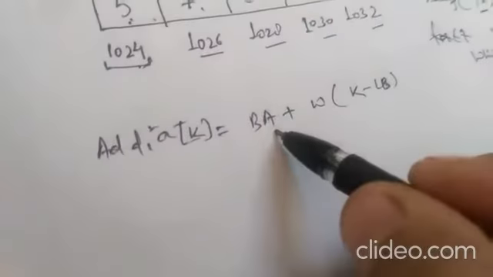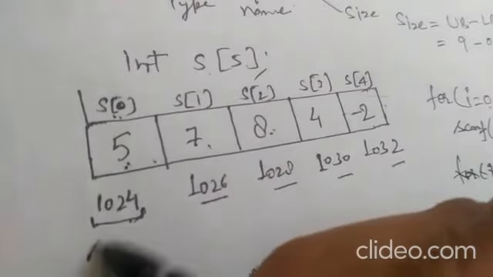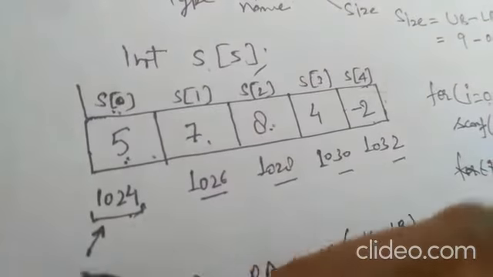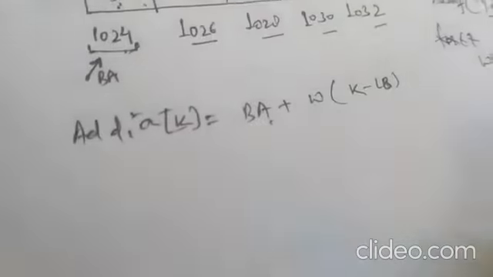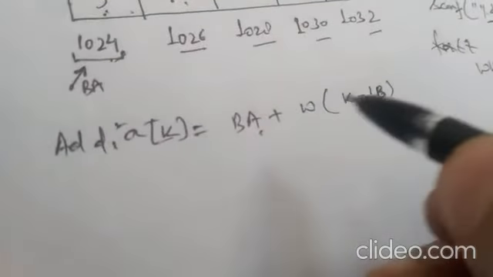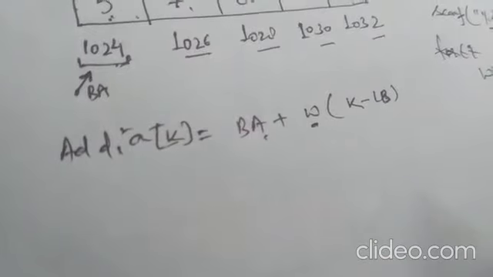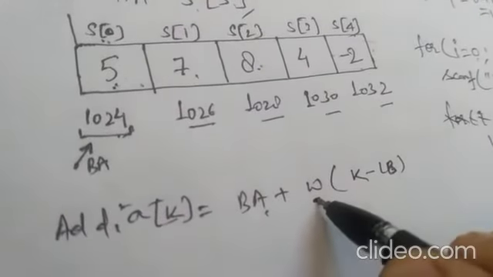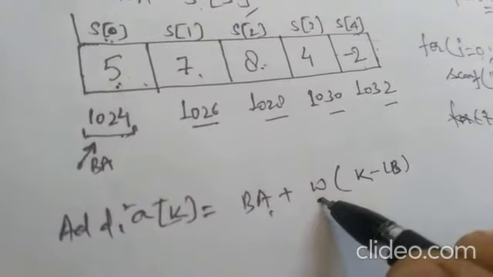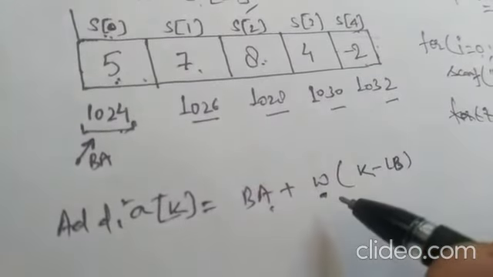Right? What is base address? Base address is the starting address of this array. Within this picture you can clearly see that 1024 is the starting address of this array, so we can call it base address. Fine. Before we put values into this formula, we will understand what w is. W is the size of the data type. What kind of array is this? This is of integer type, so the value of w will be 2. In the case of a float array it would be 4. In the case of a character type array it would be 1.